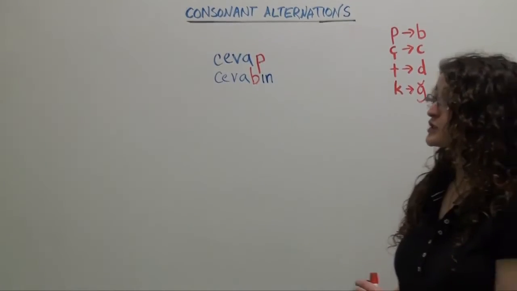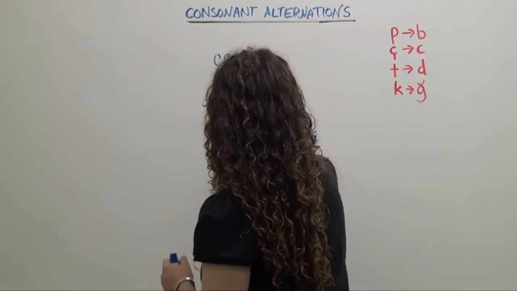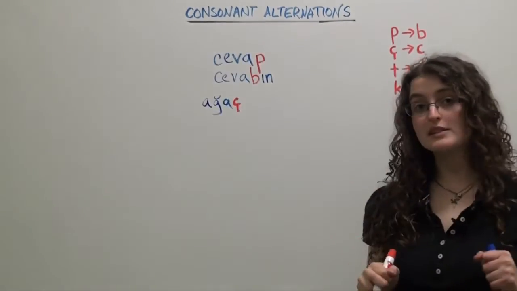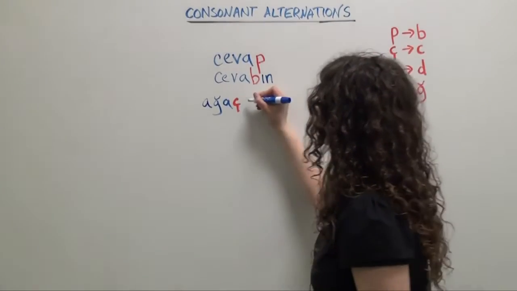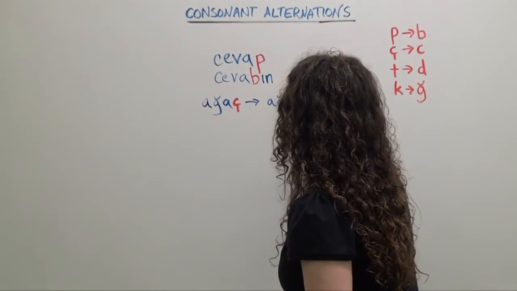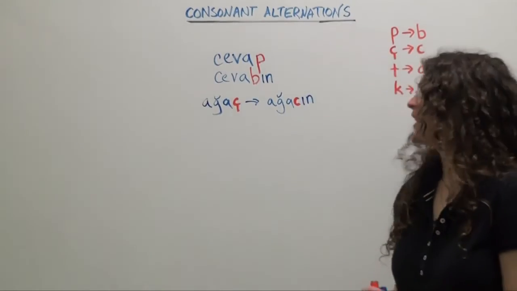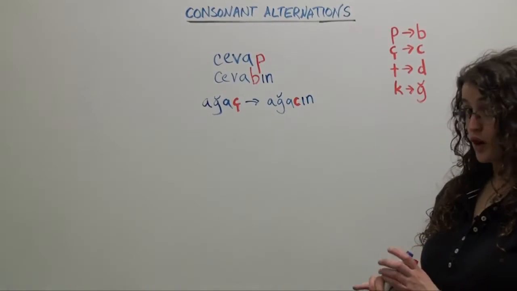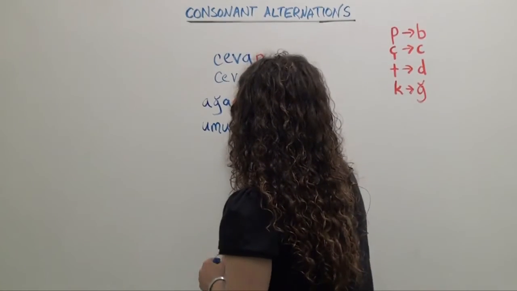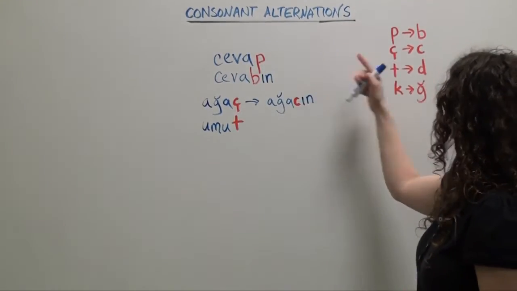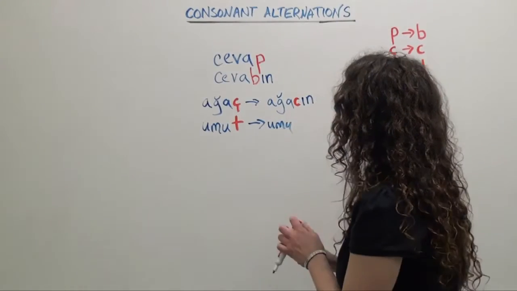So for example, the Turkish word for tree, ağaç, ends with a che, but if we want to say your tree, so we're adding this possessive suffix that starts with a vowel, ağaç becomes ağacın, your tree. And if we want to say the Turkish word for hope, umut, that te is going to undergo consonant alternation with de when we add a suffix that begins with a vowel. So umut becomes umudun,